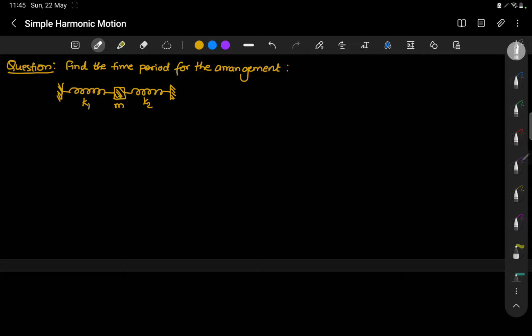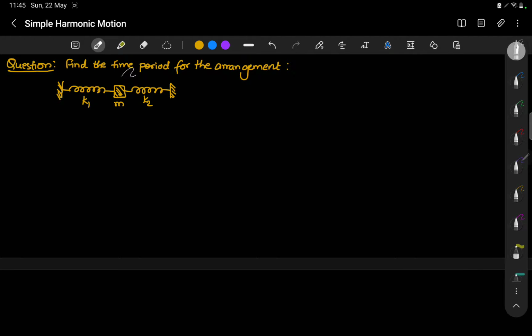So if we consider the equilibrium position to be here, and then we displace the block by a displacement of x from the equilibrium position, then notice that this displacement from the equilibrium position is also the extension or the compression in the springs with k1 and k2 spring constants. So if I redraw, then